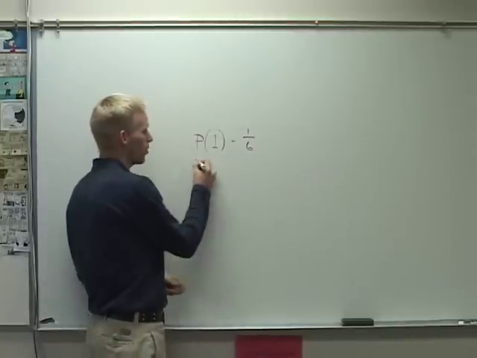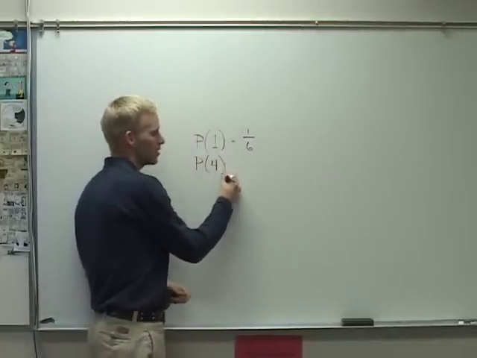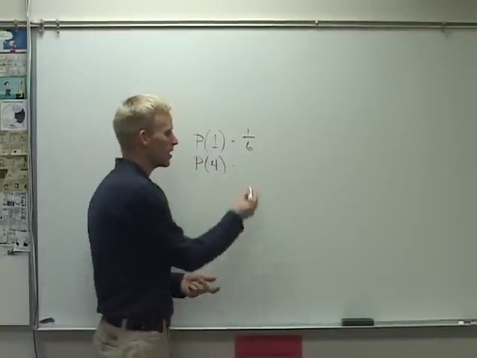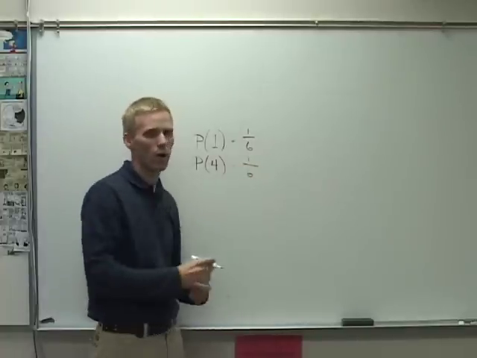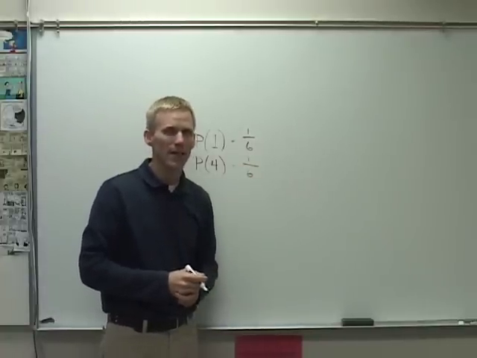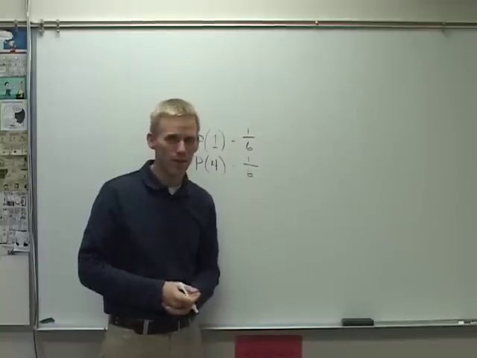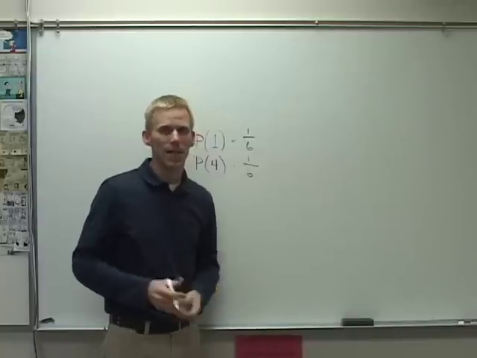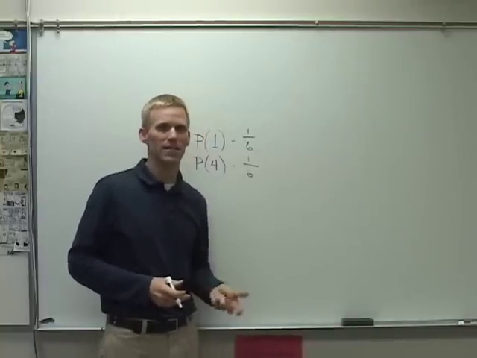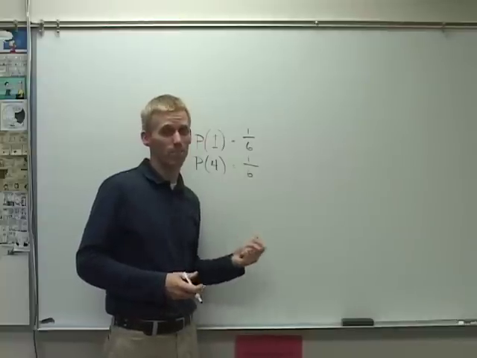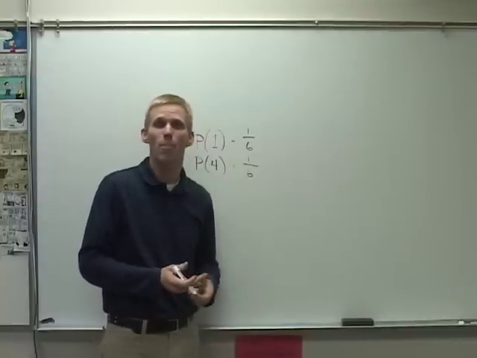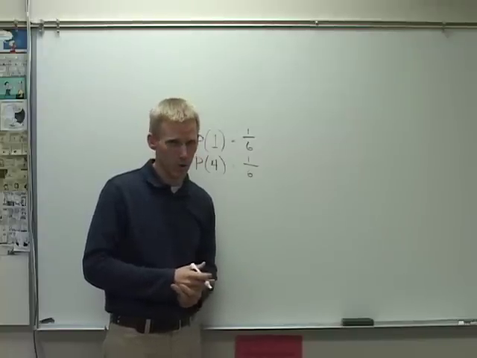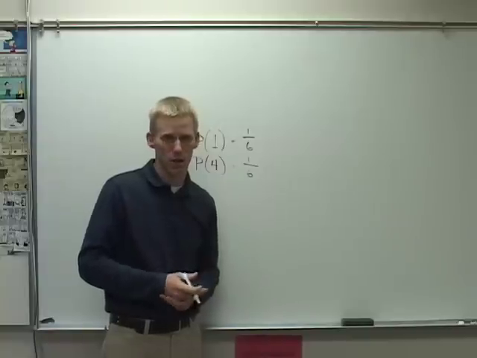The same would hold true theoretically for, let's say, the probability of rolling a 4. There's one 4 on the die, so we would say theoretically it should show up 1 out of every 6 occurrences. Now, is that actually going to occur if we were to roll a die 6 times? Maybe, maybe not. If we were to actually do it, roll a die 6 times, maybe the 4 would show up twice. Maybe the 4 would not show up at all. Those results would be considered our experimental probability because they're based on what actually occurred.